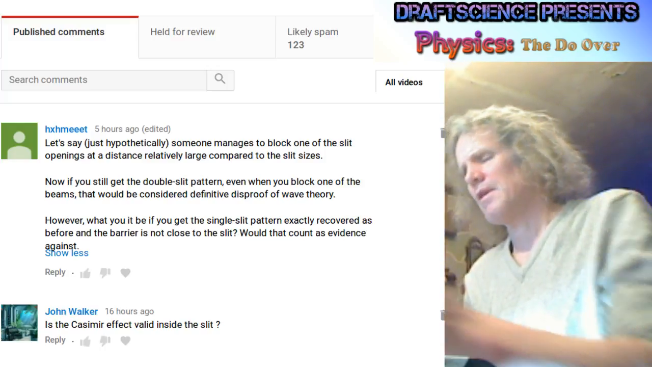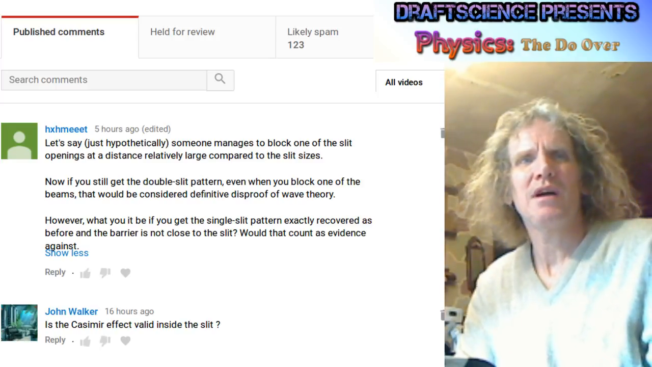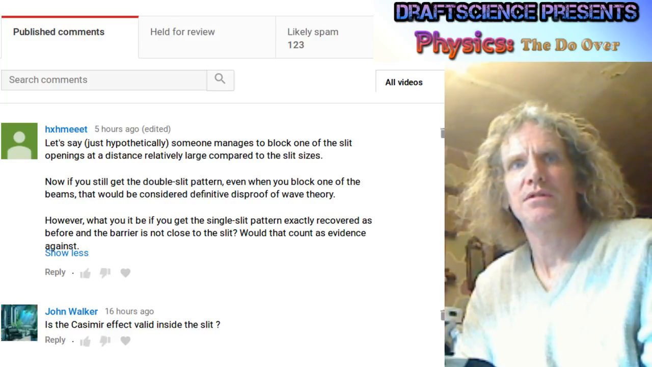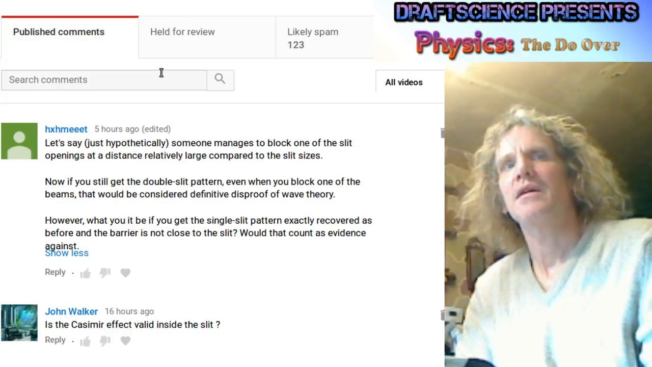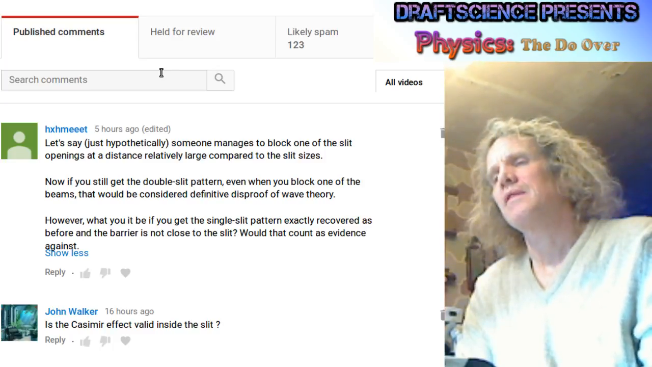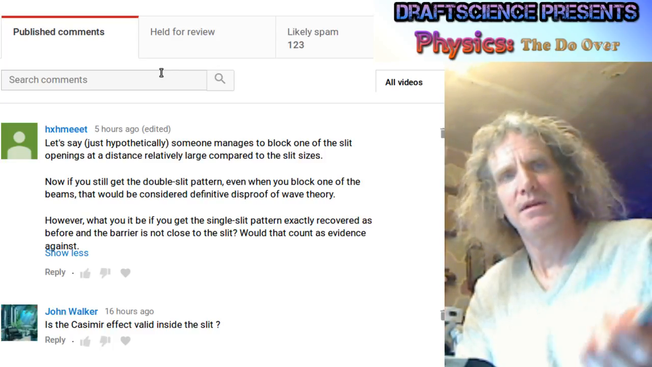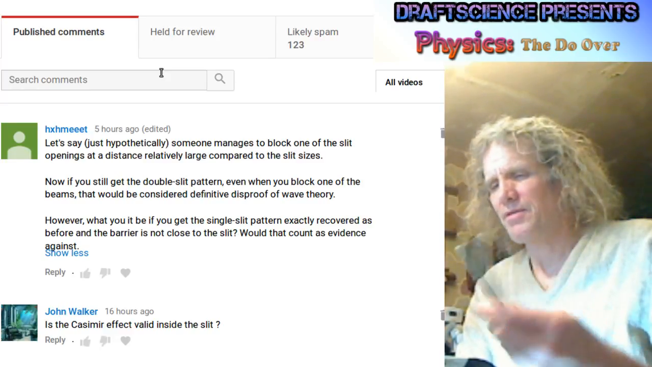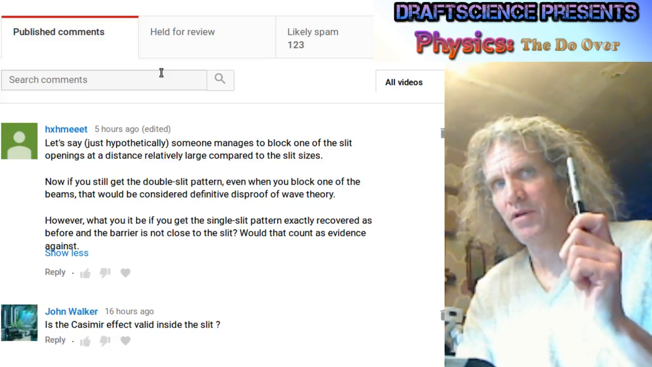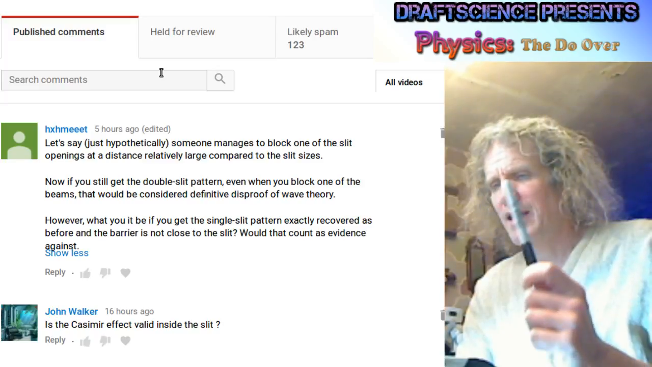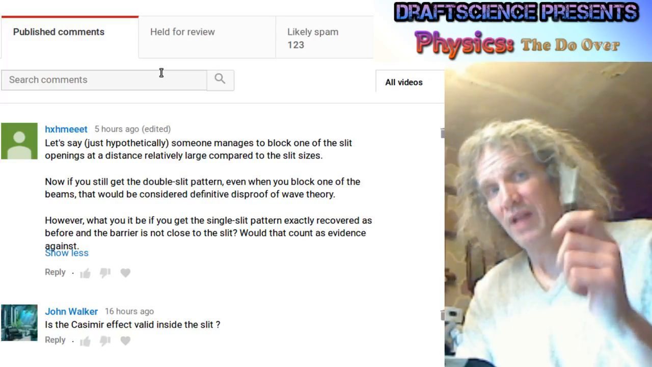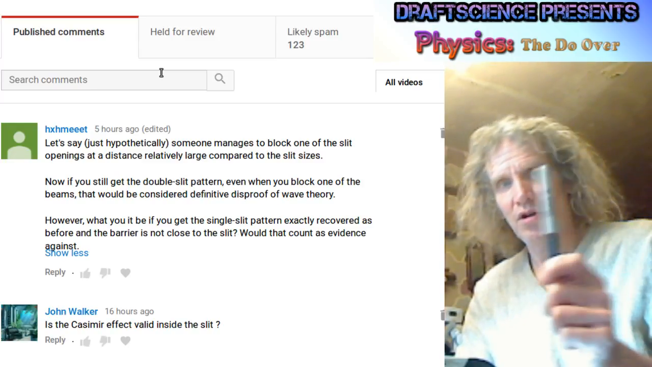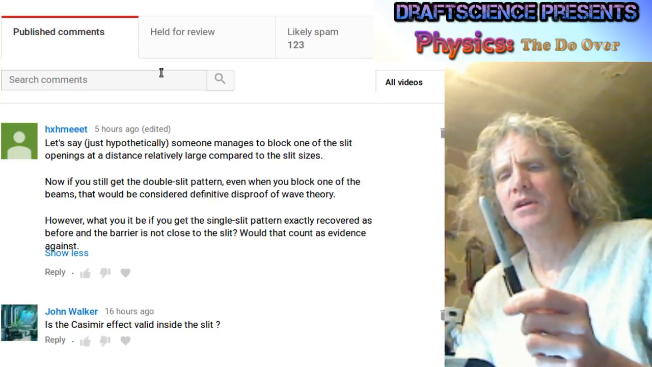Anyway, one of the comments is on the Casimir effect, valid inside the slit. And it's not really. I think there's something to do with electrons and charge. But the Casimir effect is really about things that don't have charge on them, and they're brought really, really close to each other. And it just has to do with the fact that one will have to be negative and one will have to be positive when you bring two non-charged entities that are made of atoms in proximity